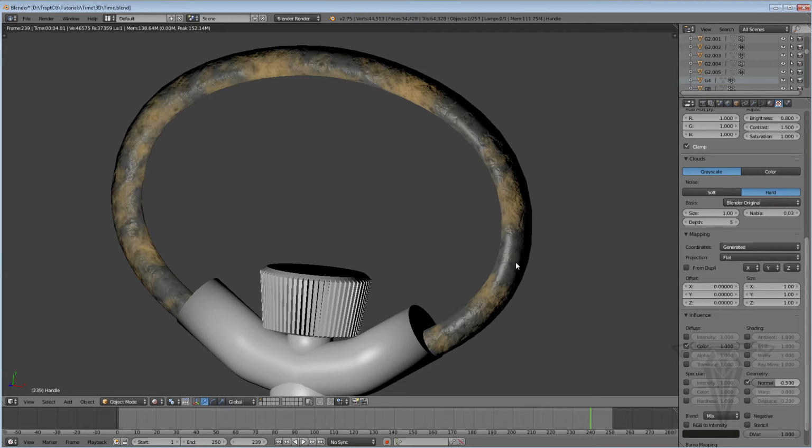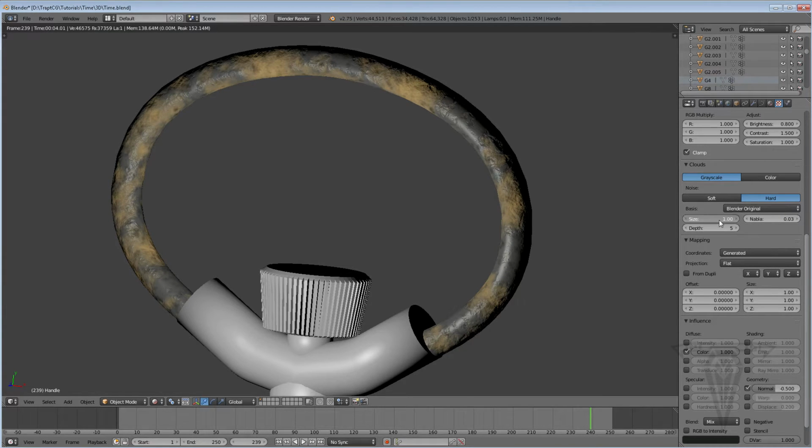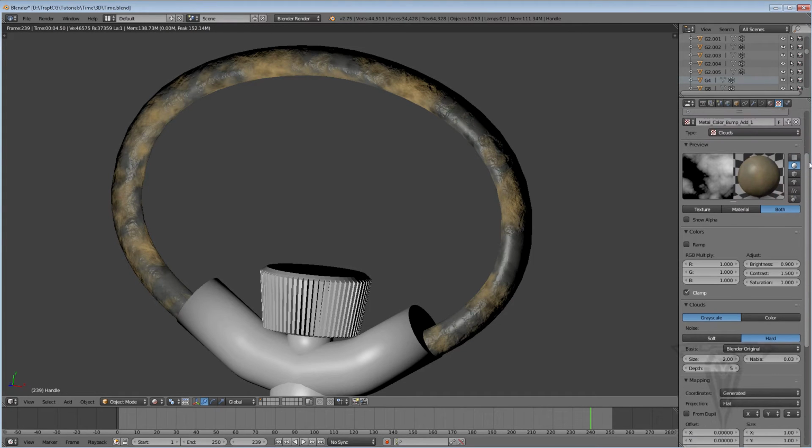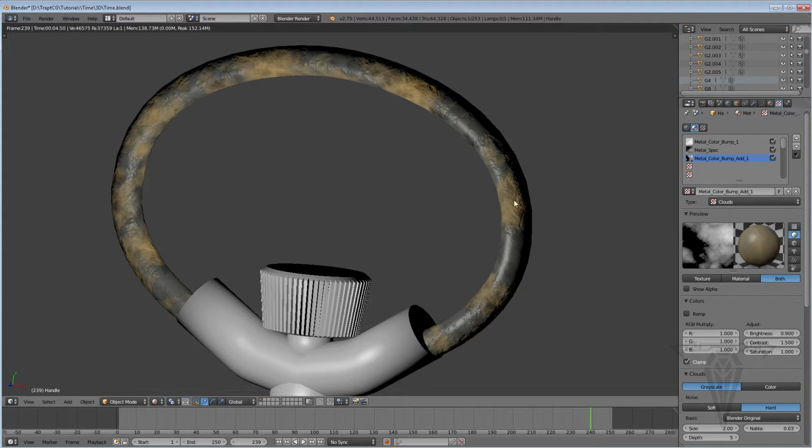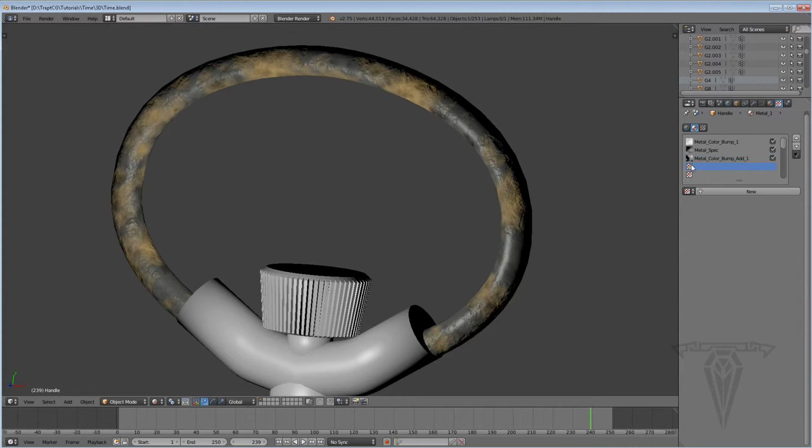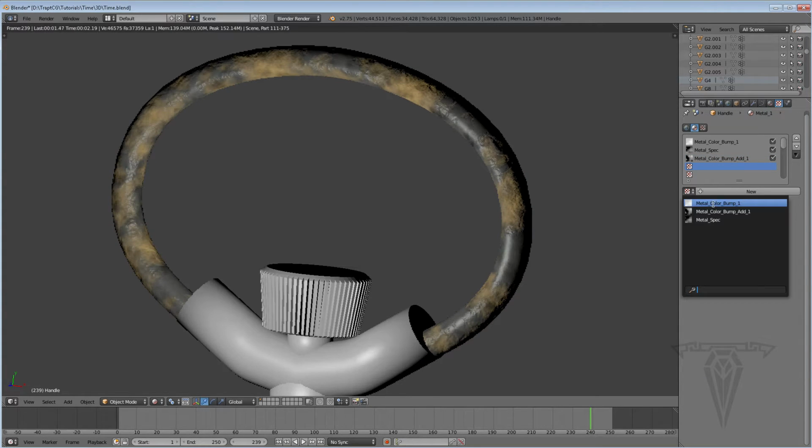In fact, it's probably a little too small, so let's try size of 2, just see what that does. Yeah, that's better. Let me go brightness of 0.9. Yeah, okay, so I'm liking where that's going. And let's create another material to add some extra rust in these areas. So I'm going to click here, duplicate color bump,